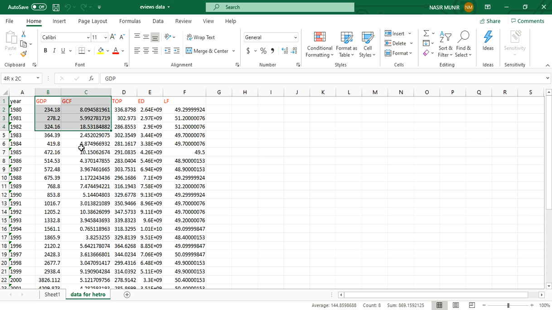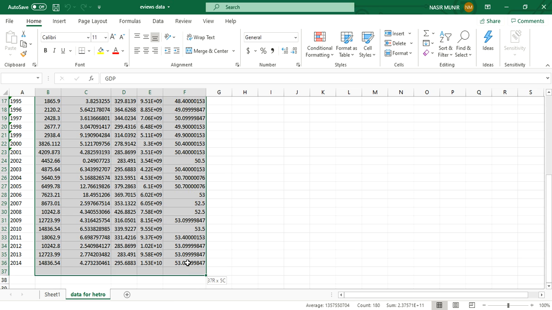So let's bring the data into an EViews file for checking the problem of autocorrelation in the data. First of all, copy all your data from the Excel file and bring it to the EViews file. What is the procedure?